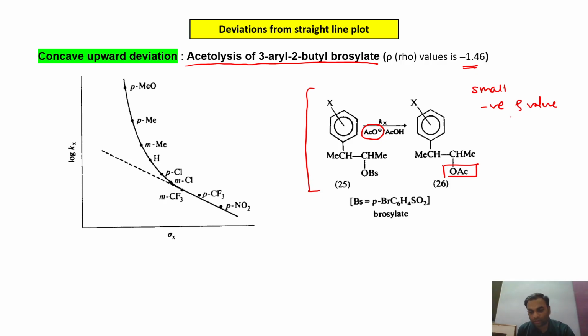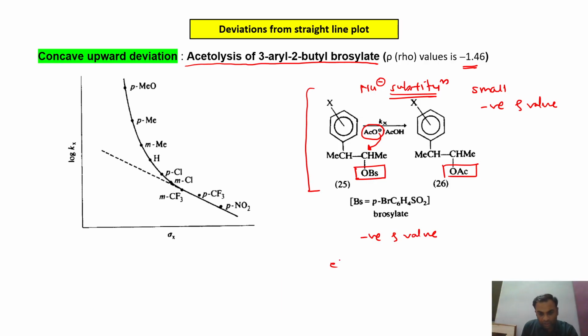Now this reaction is a nucleophilic substitution reaction. So here the breaking of the carbon-OBs bond will take place and the formation of the carbon-OAc bond will take place. Now, as we have the negative rho value,